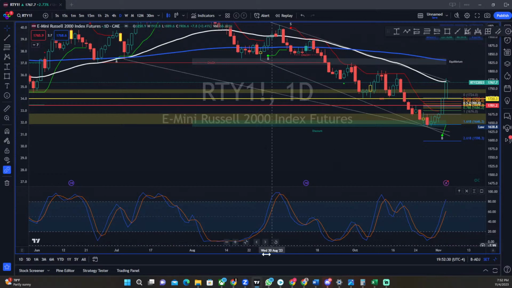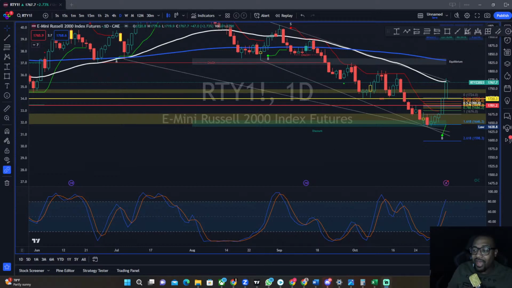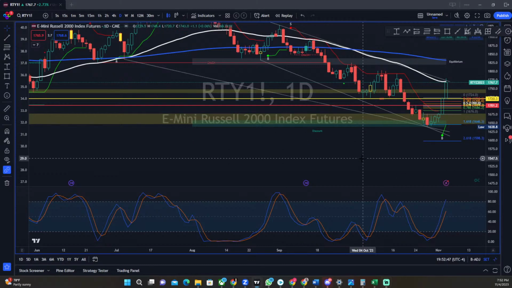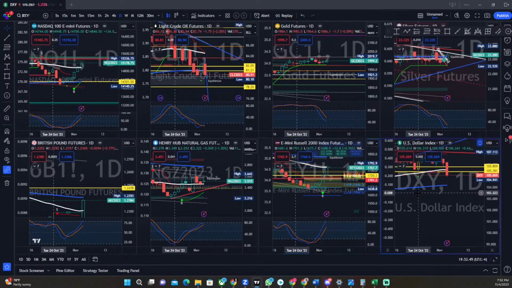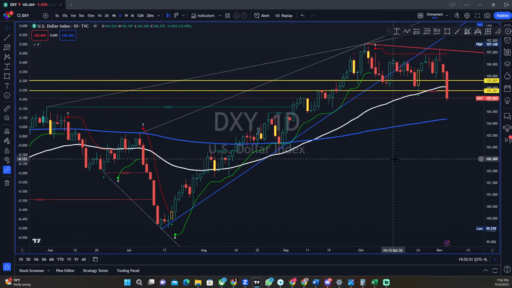Seems like I almost am saying rally on every ticker. Rally here, rally there. Everything looks like you're getting a rally. I'm like Oprah Winfrey. Rally there, rally there. You get a rally. You get a rally. The Russell get a rally. The British pound get a rally. Let me give you another one that's going to go ahead and get their rally as well. Let's talk about the euro. Let me go ahead and start with the dollar first, but I want to talk about the euro.